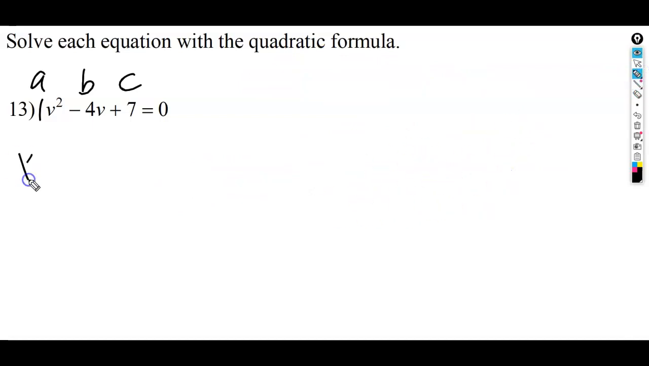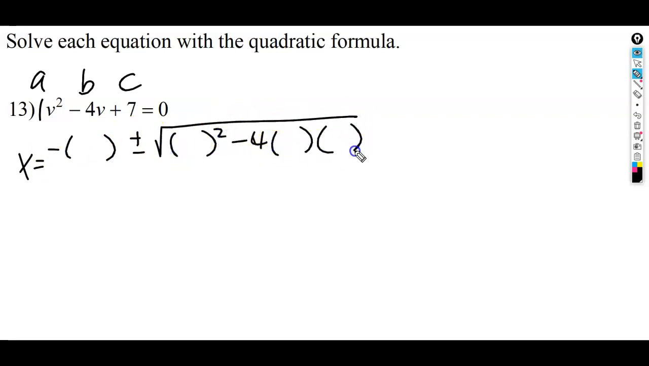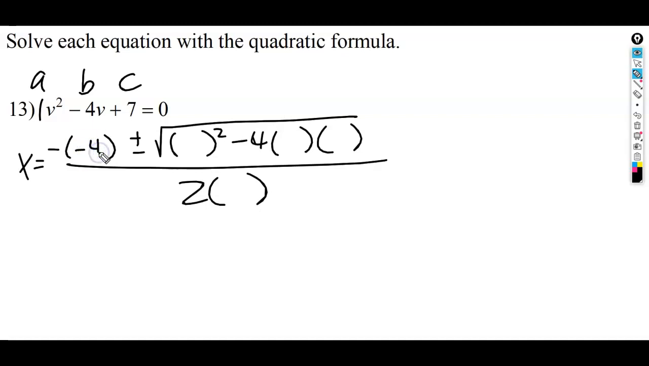So since it equals 0, I can solve for v using the quadratic formula. I'm going to replace all those letters with parentheses. B goes in the first 2 blanks, so my b is -4. A common mistake I see a lot of students make is they put the variable in there too. You don't. You just put the coefficient, the number only. The next spot is the a number, which is 1, and that's going to go on the top and the bottom. And the last number we plug in is the c, which is